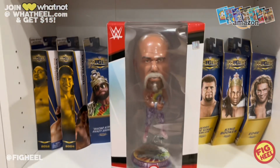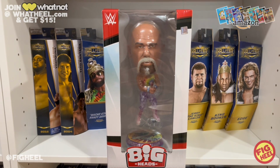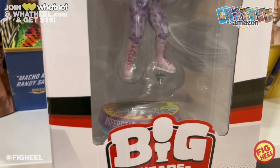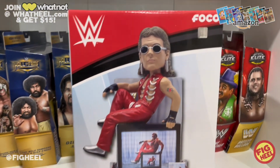And then my friends over at Foco sent me over a couple orders. We got the Superstar Billy Graham. This is pretty awesome, man. I love the big heads, how huge they are, all the colors, everything looks excellent. Look at the base. Also got the magazine Shawn Michaels here,